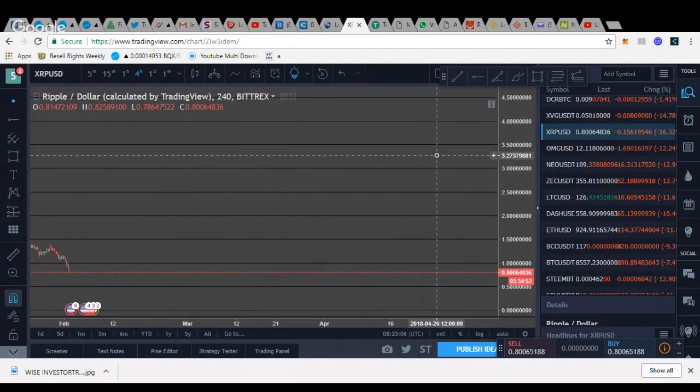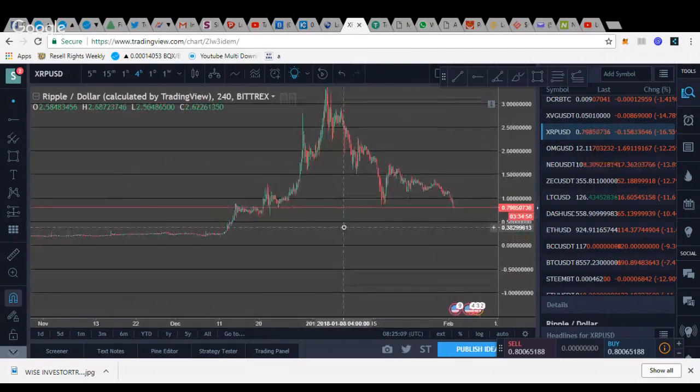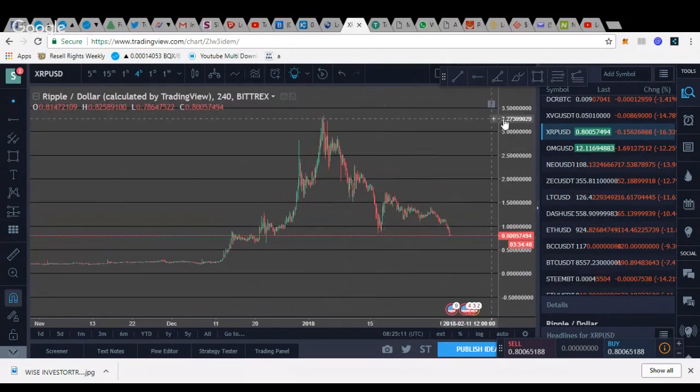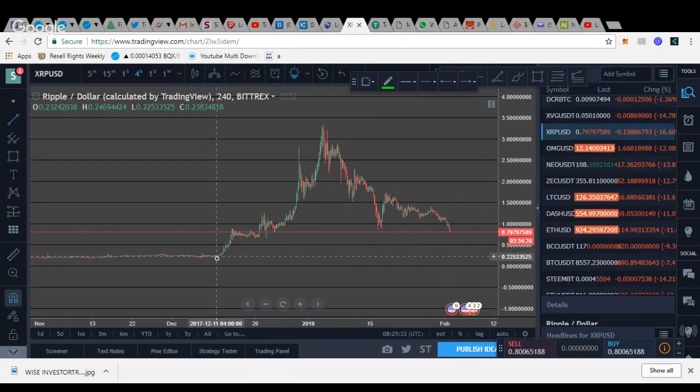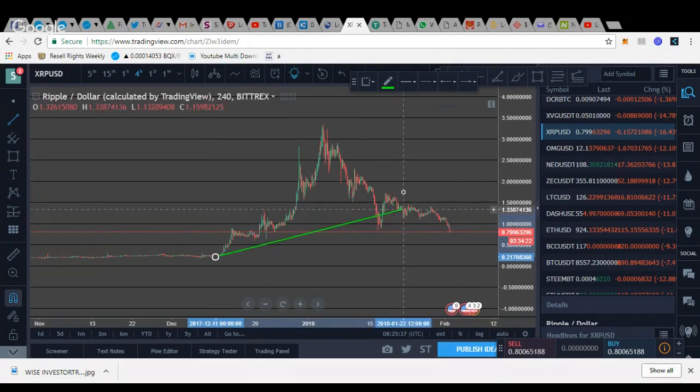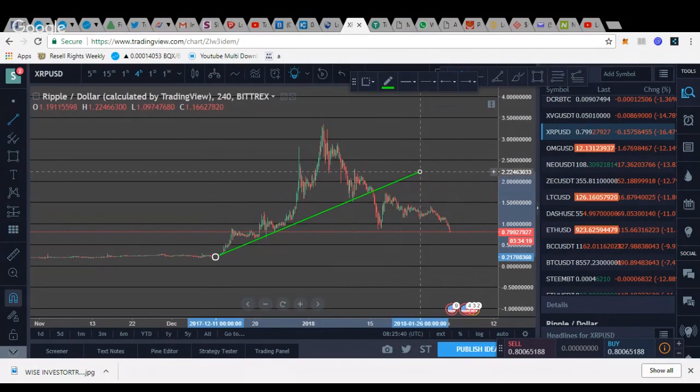When you look at a chart like this, the first thing you need to do is to draw your lines, because the market moves in waves. When the market is moving up, it always finds a common support and common resistance. So use those lines to identify these common supports and common resistances. You bring in your trend line. I'm using TradingView. Start from here where it has this movement, and draw a line like this, touching your lows.